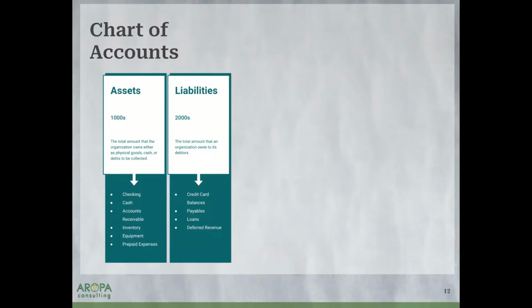So deferred revenue is considered a liability because you have promised to deliver a service, but you haven't delivered it yet. So in theory, the person could ask for a refund, right? You either owe them the service or you owe them the money. That is why it's considered a liability, because you owe them something. Once you deliver, they then will owe, right? That becomes just revenue for you.